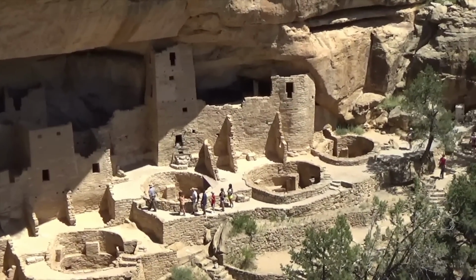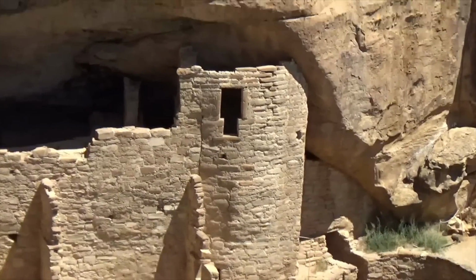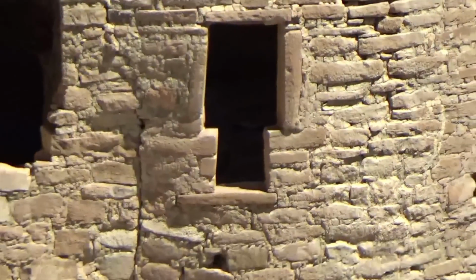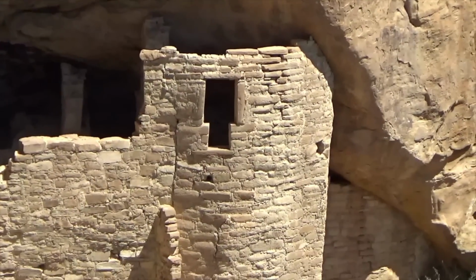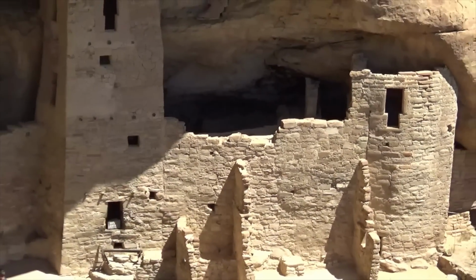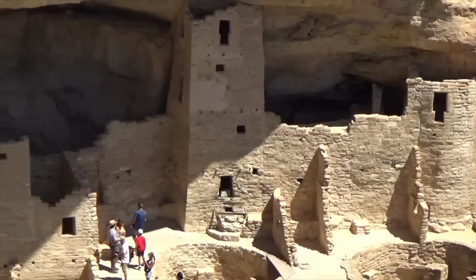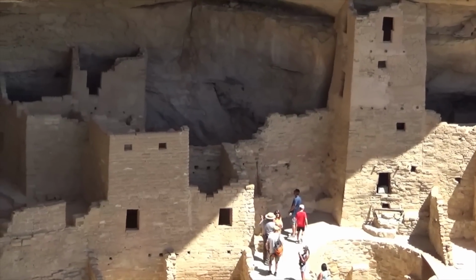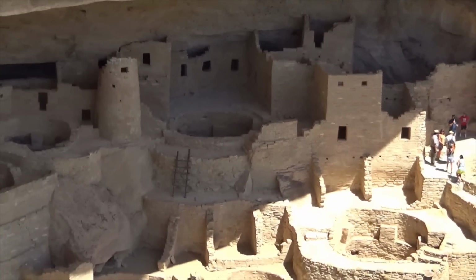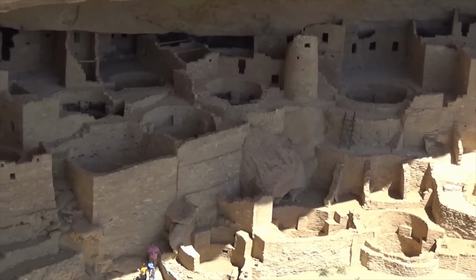Well, in that case, it was that. There's a wooden ladder sticking up out of the ground. Now, if it's that kind of ladder,